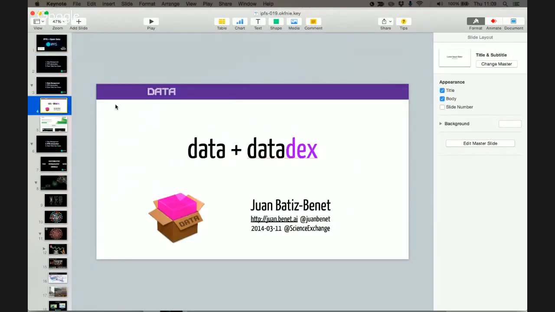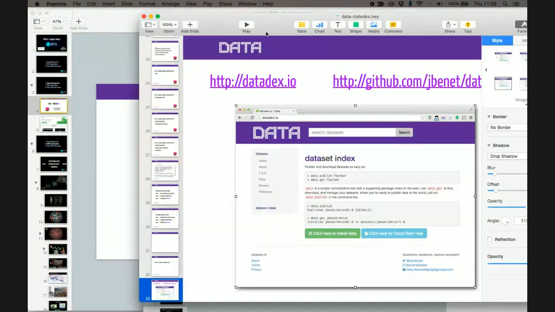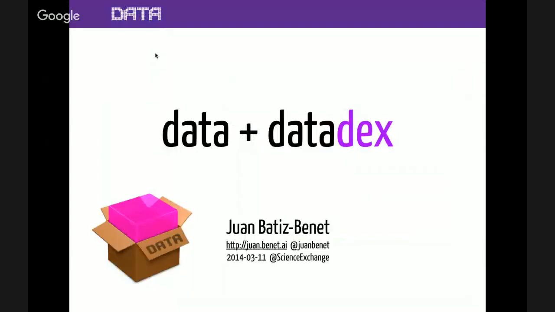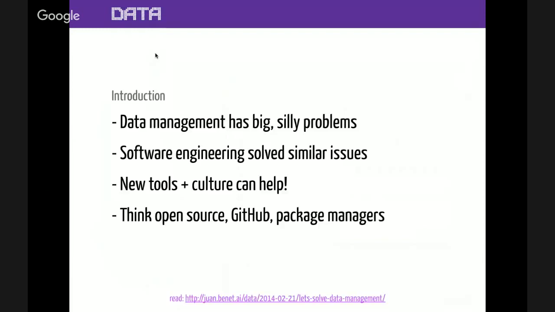So yeah, back a while back, I was working on... this will go back for a while. This was a presentation that I made in 2014 for a tool that I was making called Data, and a package manager that I was making for Data called DataDex. And so the idea there was that